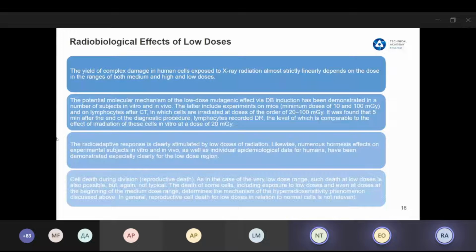It should be noted that the DNA damage index after computed tomography rapidly decreased to almost the initial level due